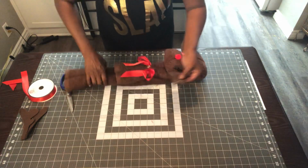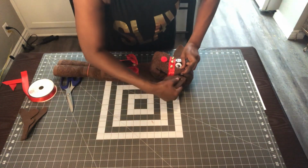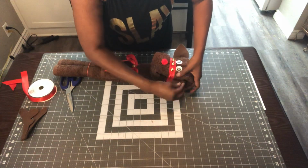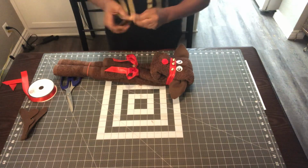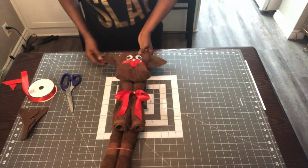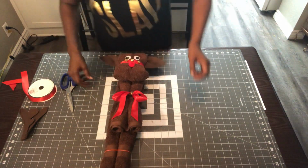I'll turn it around. You're just going to, the first one that's here, the first fold, you tuck that in there. Okay? You may get a little glue on your fingers or whatever, but it does peel off. So now we have the reindeer ears. Okay? Then you're going to take